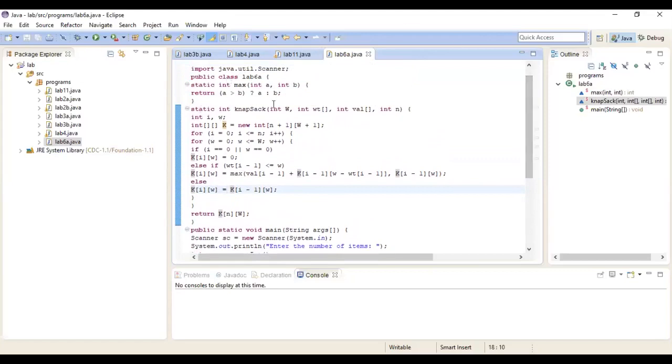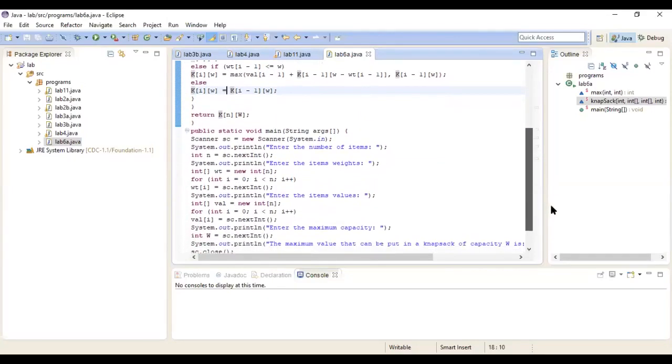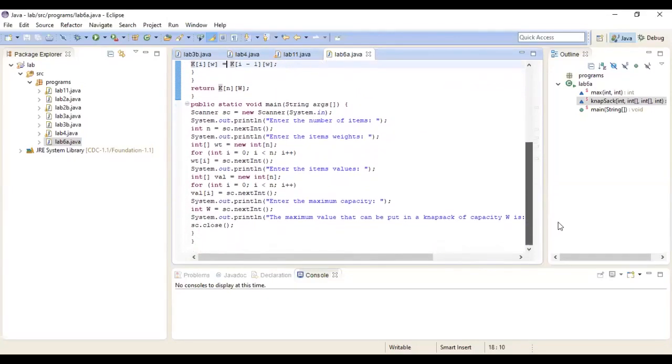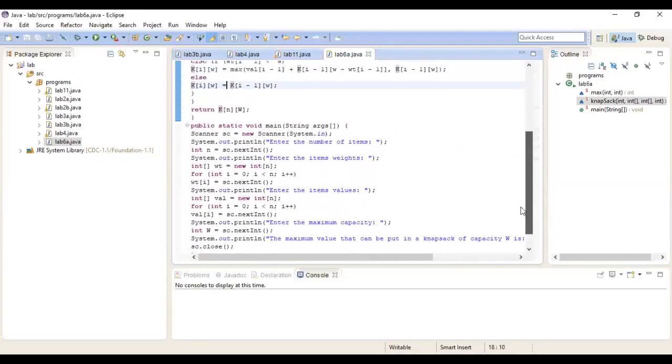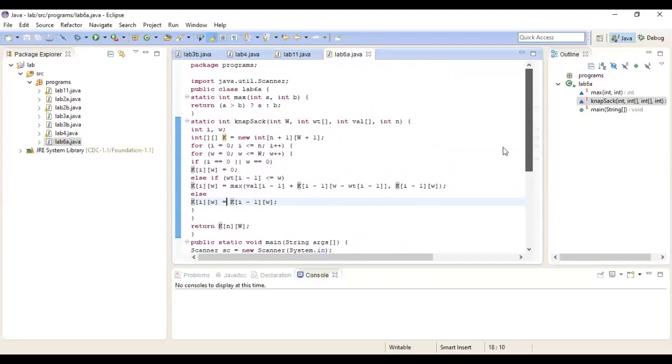There is also a small function which finds the maximum value, which I call max value. Once we have understood the program in relation to the algorithm we have already studied, we will try to execute it.